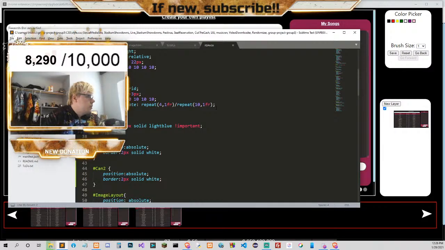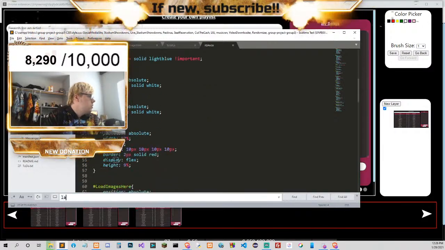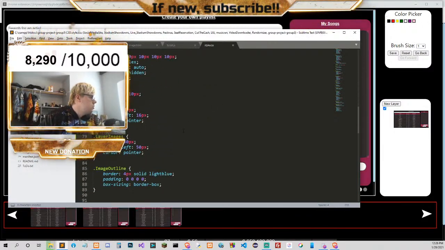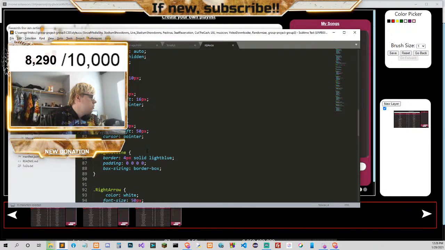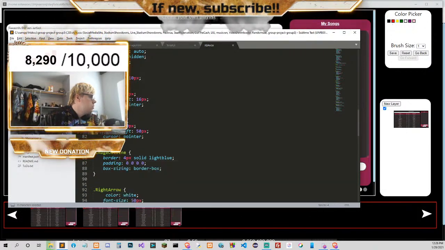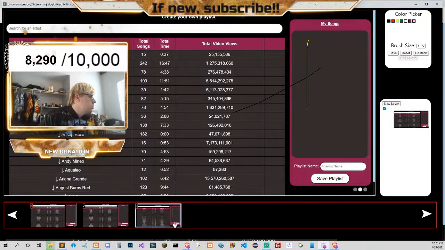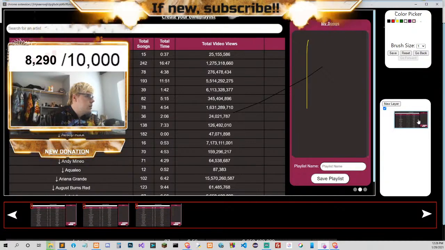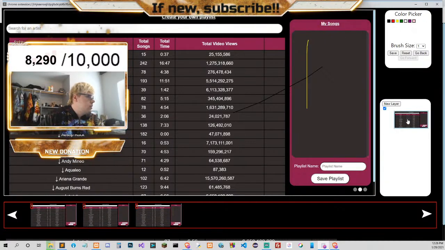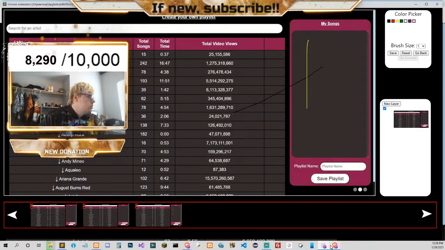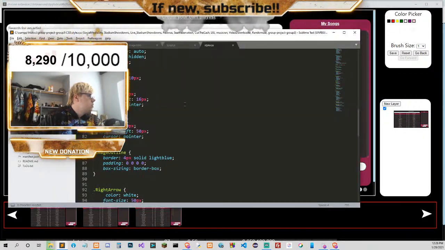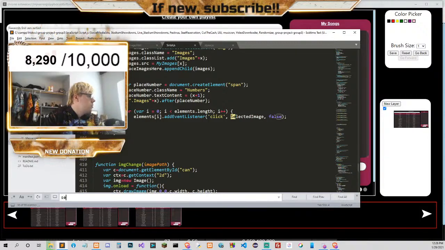Layer images. Maybe it's that one. Because it has the hover over, but it doesn't have the. Is there a.